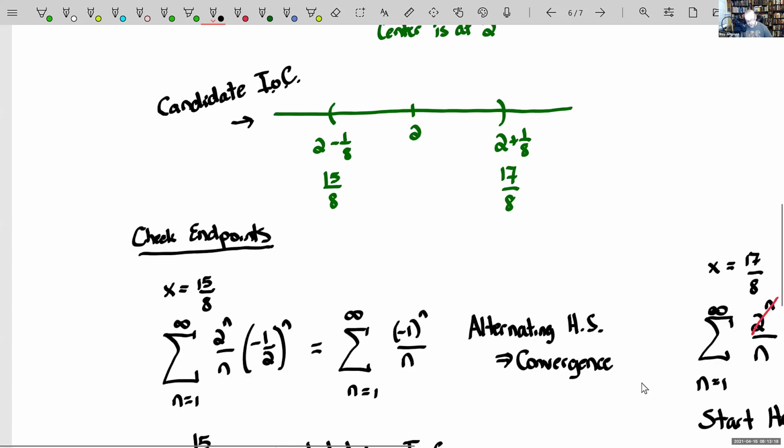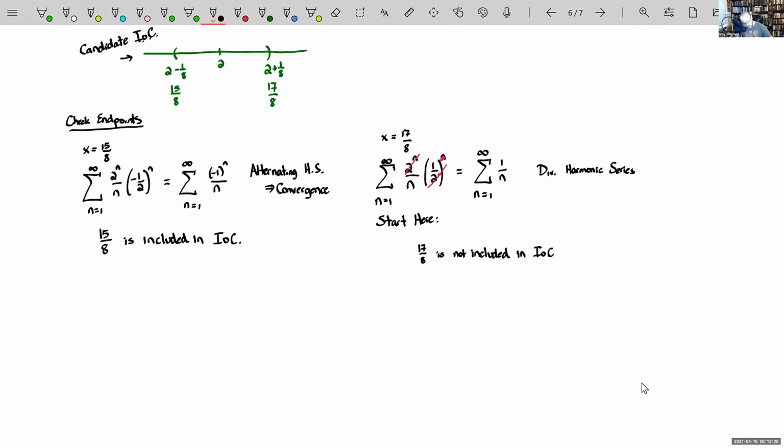We just did check the endpoints, and our true interval of convergence is 15/8, including, all the way up to 17/8, but not including 17/8. It's one of those wavy arm dudes where on the left edge, his arm clamps down to whatever function we're trying to model. But on the right edge, his arm still wavers quite a bit, no matter how many terms